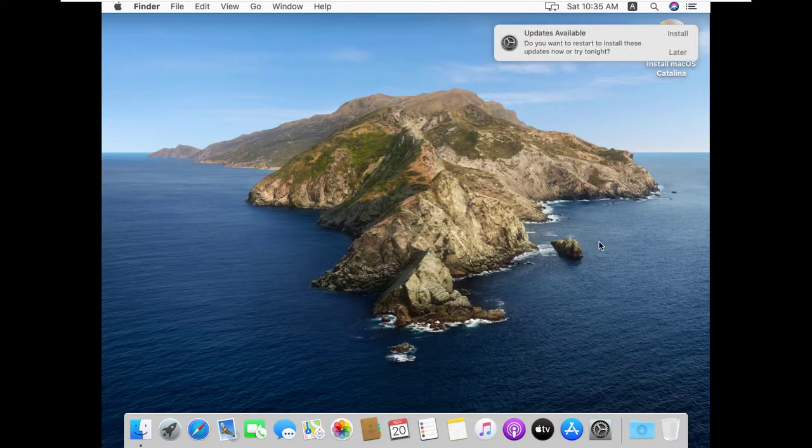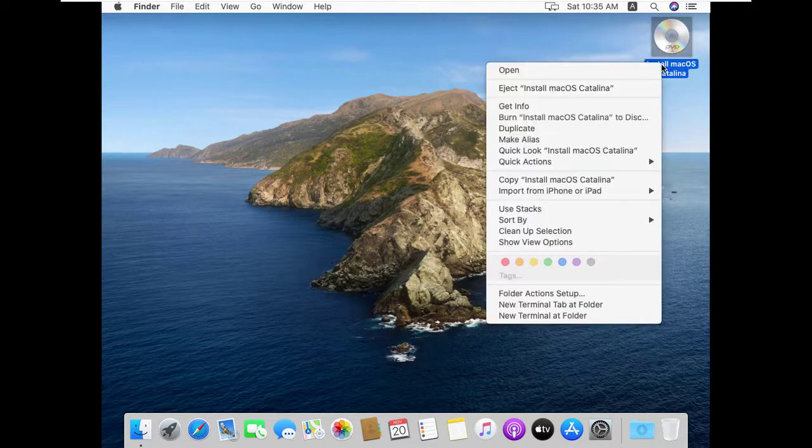So here my setup is done. You can see now updates are available. If you want, you can update this Catalina to Big Sur or the latest macOS.